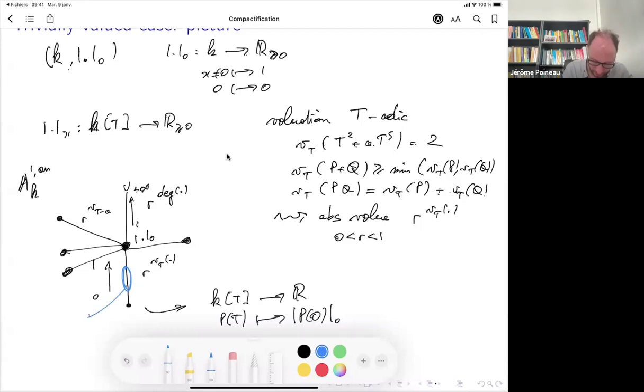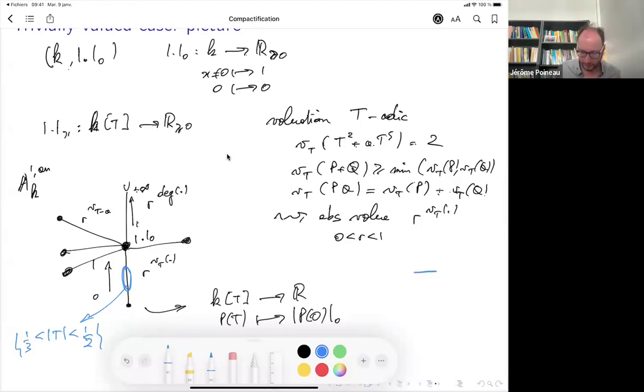This is an open set, and you can define it by absolute value of t between, say, 1/3 and 1/2. This is an open set by the very definition of the topology. And you see that here you don't have any points inside this open set. The only points coming from K are at the end of the branches. So here the K points are not going to be dense.